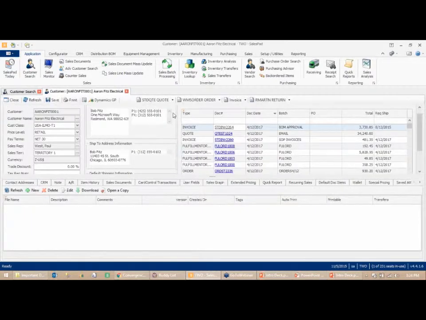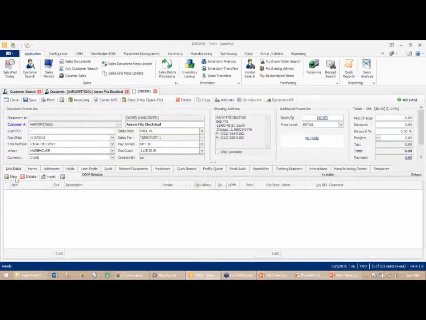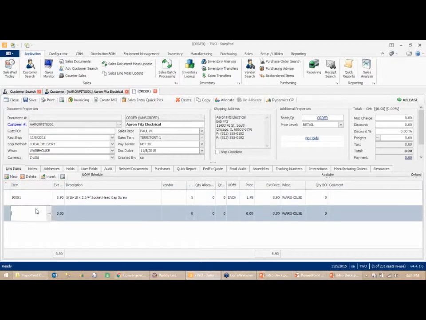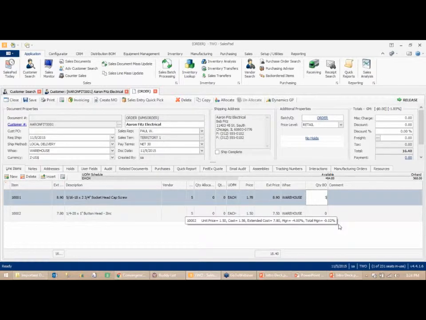So the first one, while we're on sales orders here and I've got the customer card open, I'll just show you how it works from the sales line item level. So if I come in here into my customer card, create a new order, and I add a couple items to the order here, and we'll just do 5 of those. This is just a little socket head cap screw, and we'll do one more item. This button head screw, we'll do 5 of those. I'll set these to back order, and I'm going